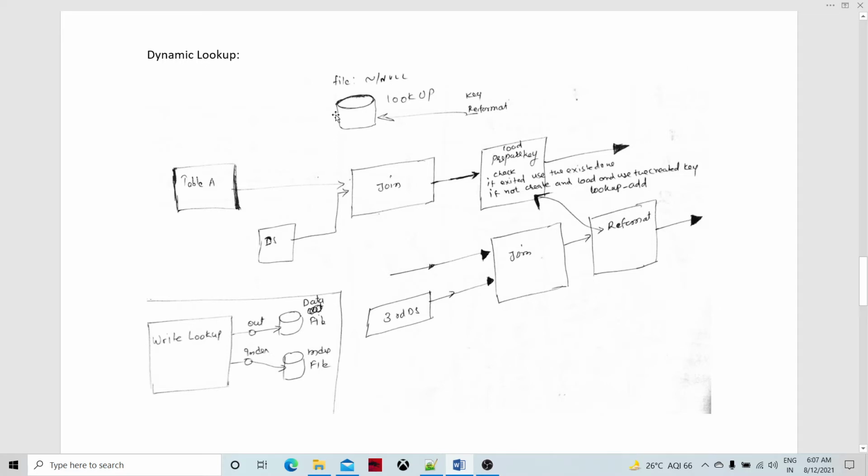Okay, so this is our lookup. Similarly to a lookup table or lookup file, there is a lookup template here, but in the file name we are going to specify null. This is the simplicity of the dynamic lookup.